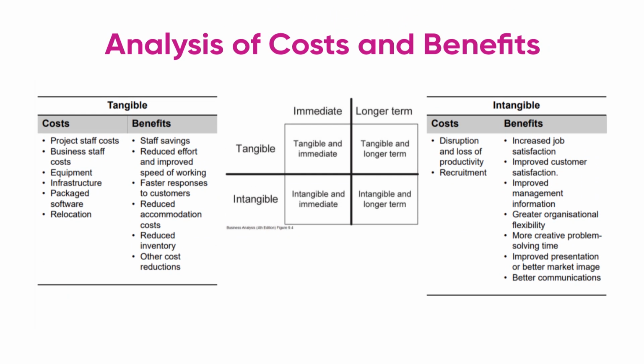Tangible costs. These are the measurable, direct costs, like staffing, equipment or software fees. Intangible costs. These are less obvious, like disruptions to productivity. Tangible benefits. Examples include saved costs, faster response times or reduced inventory. Intangible benefits. These could be anything from increased customer satisfaction to improved staff morale. By categorizing costs and benefits, teams get a well-rounded view of a project's potential impact, which helps in planning and